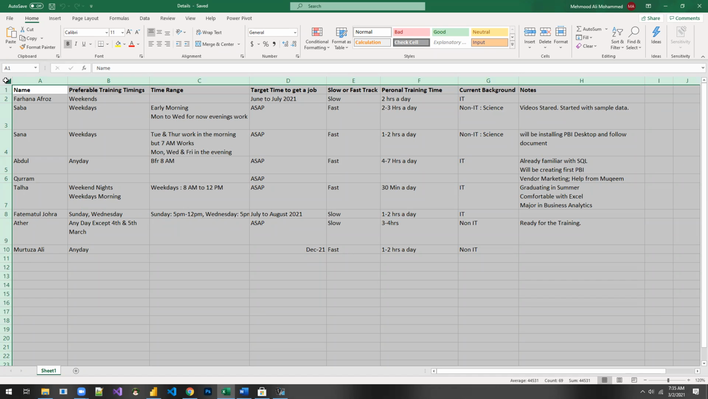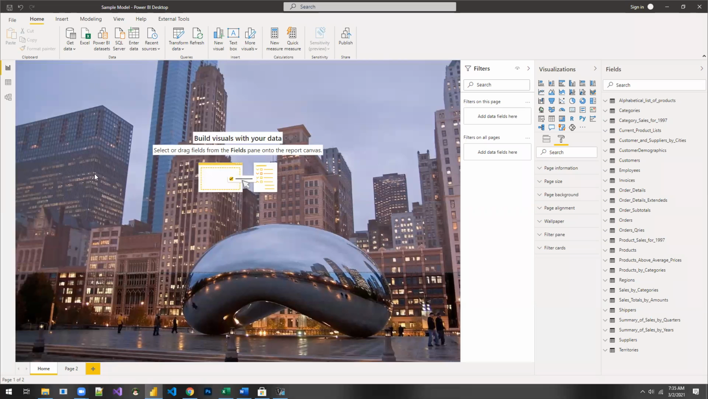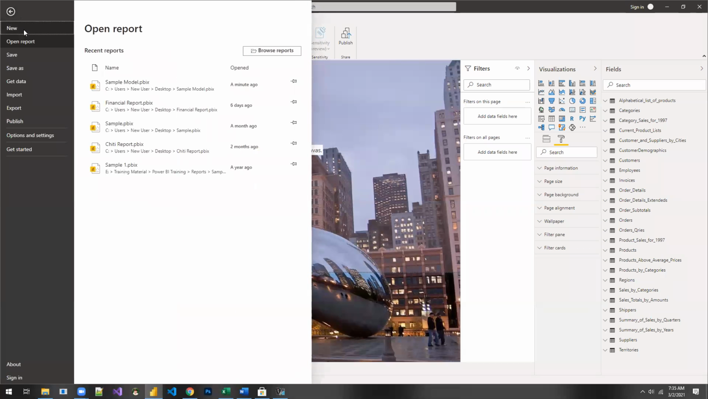And then let's say we also have a requirement to give a head count of how many people are from IT versus non-IT. So yeah, let's analyze this data now in Excel. The steps I will be following: I'll be clicking on a new file. So I'll be saying file, new,